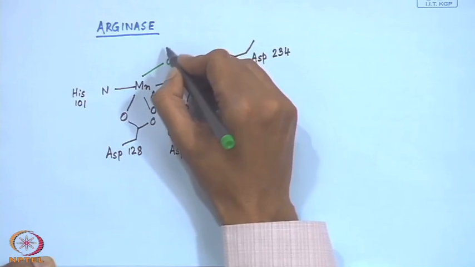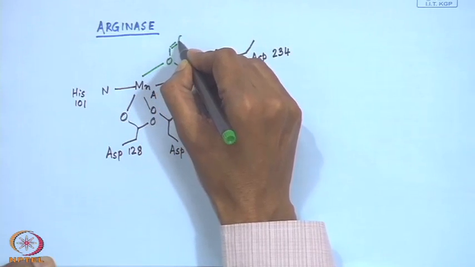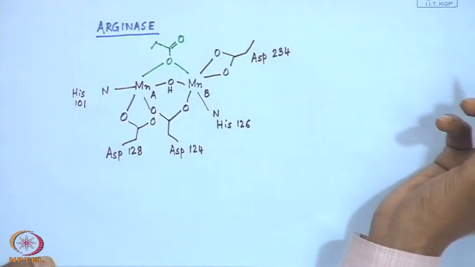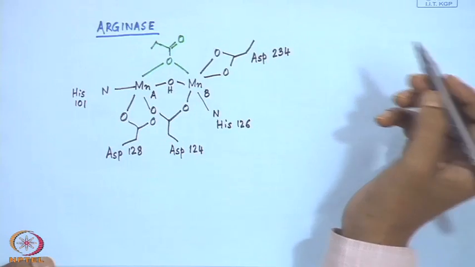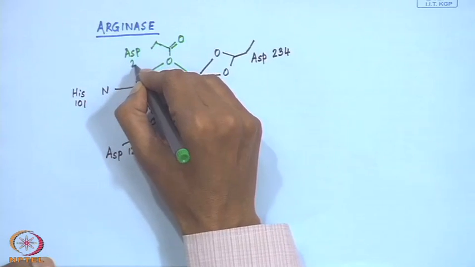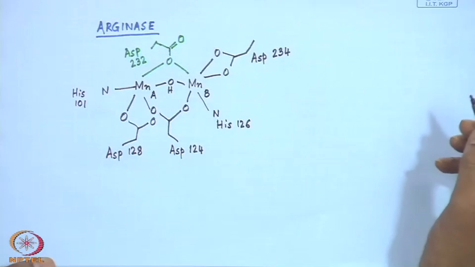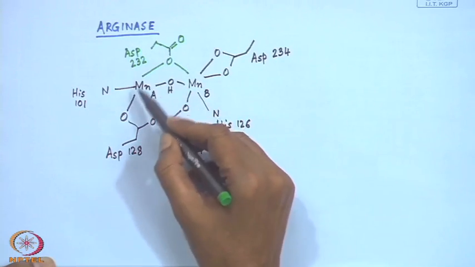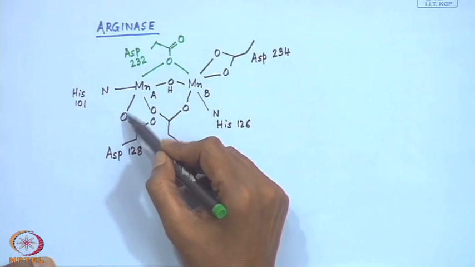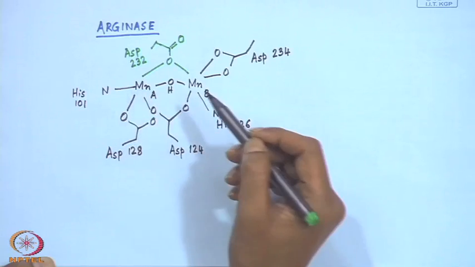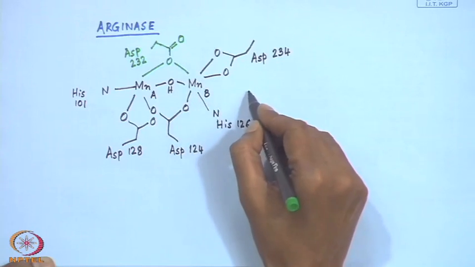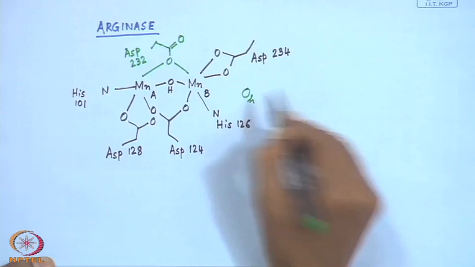What I was just telling you, that is a single oxygen carboxylate bridging. So, now you have single oxygen carboxylate bridging again from an aspartate residue of different number, aspartate 232. So, this triply bridging unit is there, and this oxygen is basically functioning to coordinate to this manganese. So, 1, 2, 3, 4, 5, 6. So, this manganese is close to your preferred octahedral geometry,